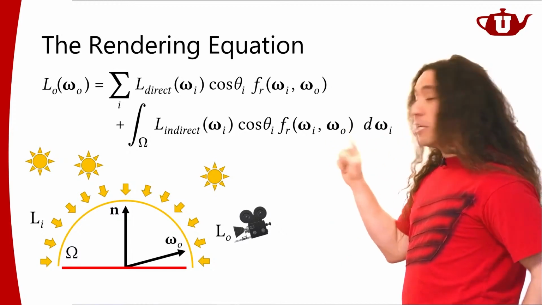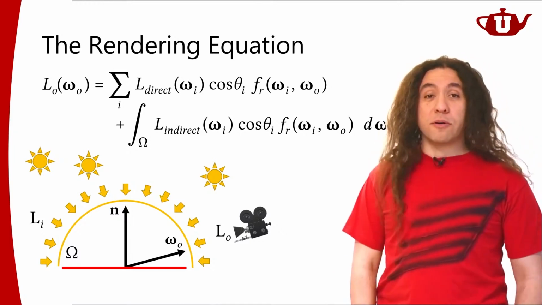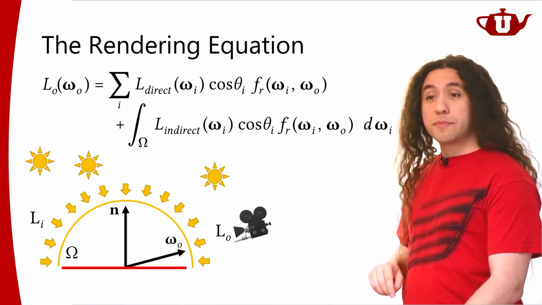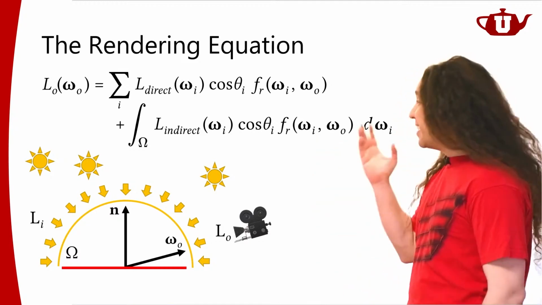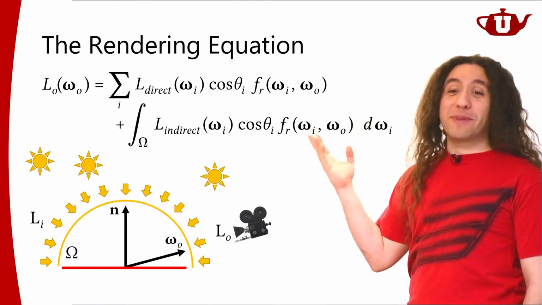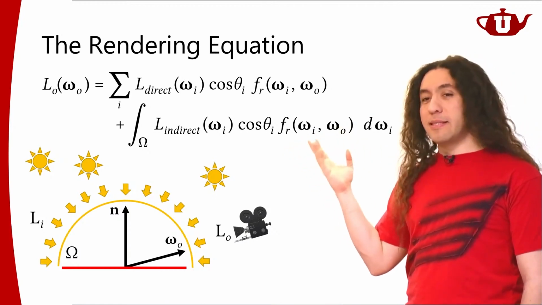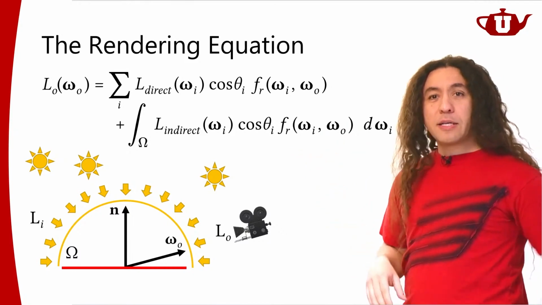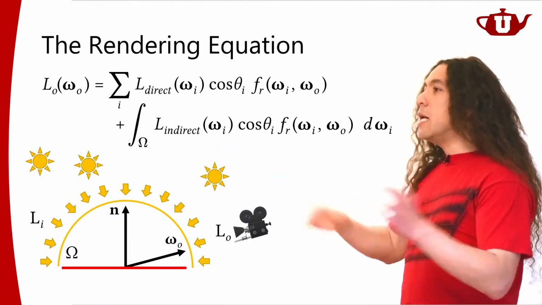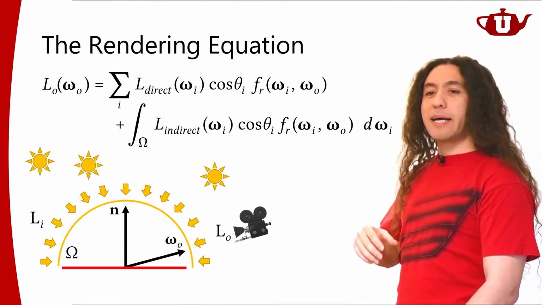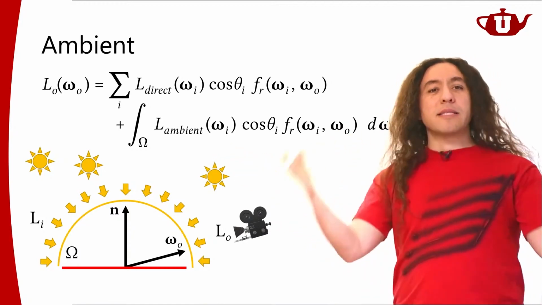Now this indirect illumination, that was the difficulty. So when we were handling global illumination, this is the part that we were struggling with. So what do we do? I don't want to solve this. That's the truth. I mean, I need to solve this to get proper realistic lighting, but that's way too expensive. Can we do something that's simpler? That's the question, right? So what we're going to do is approximate this indirect illumination as some ambient light that exists in the scene. All right, I'm replacing this indirect illumination with some ambient light.